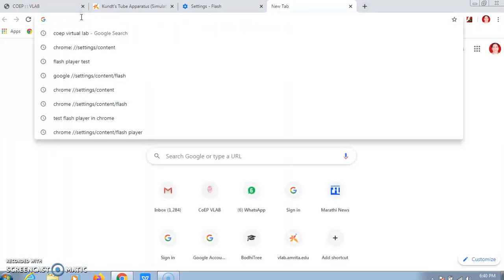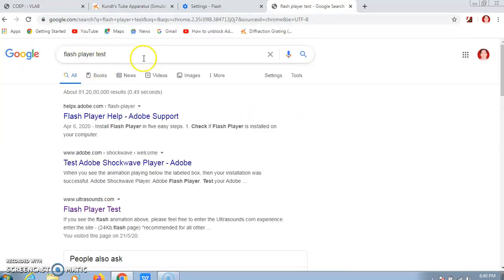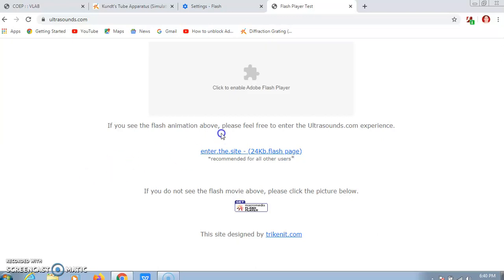Then you have to test whether the flash player is working or not, and therefore in Google you write flash player test. Click on flash player test. Then here you will come across this option to click to enable the Adobe Flash Player.